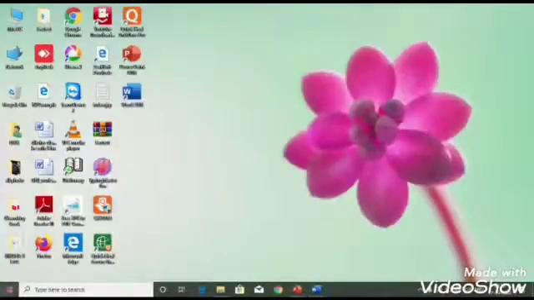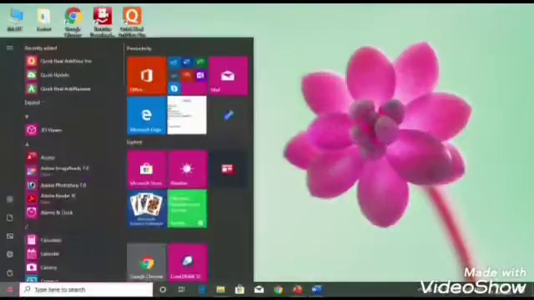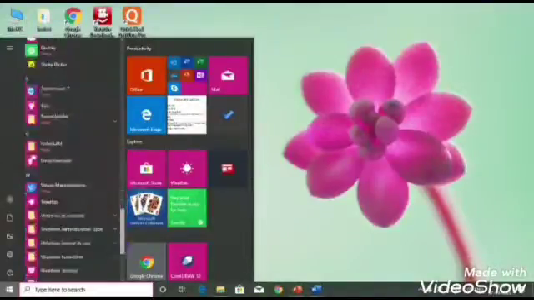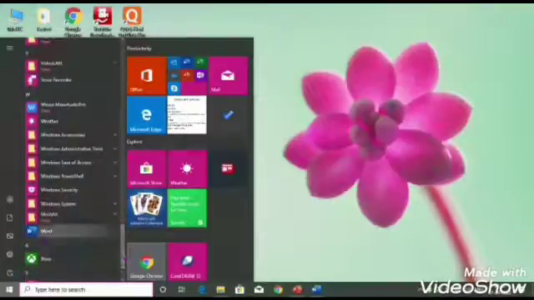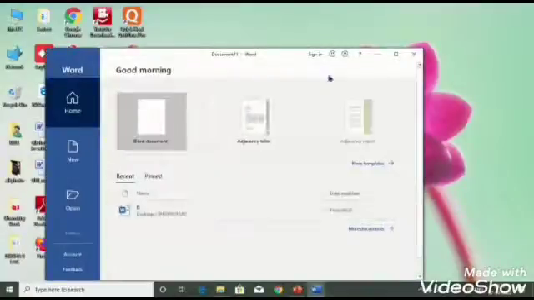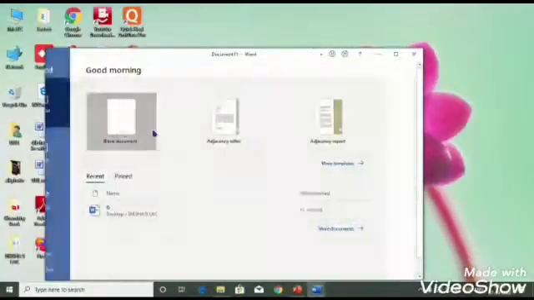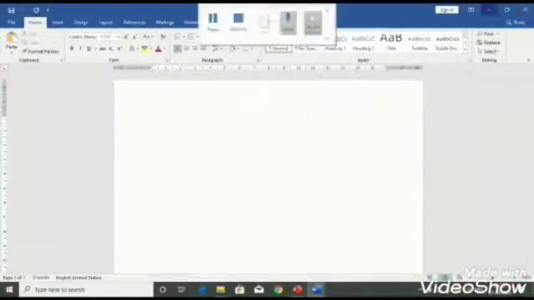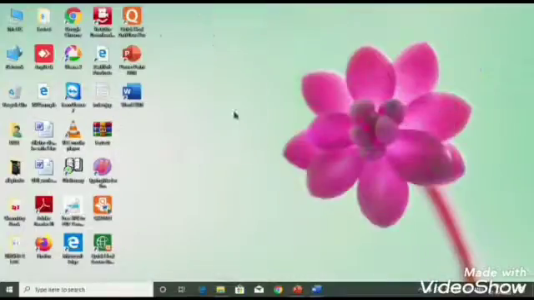Now another way is we have to go to the start button and scroll down and see here Word options are available and we can simply choose this. Then click on blank document and our document is open simply. So this is the way by which we can open Word 2016 very quickly.